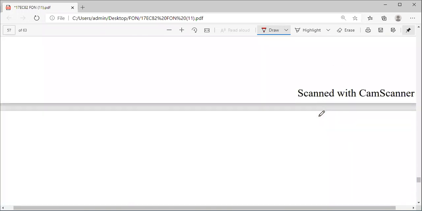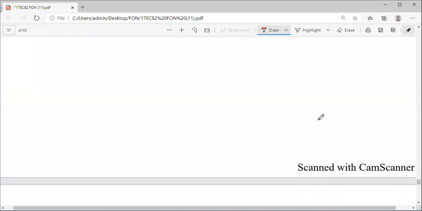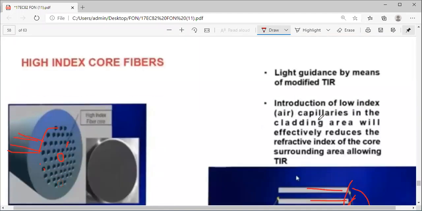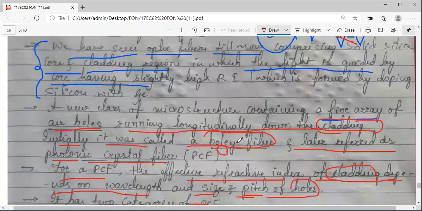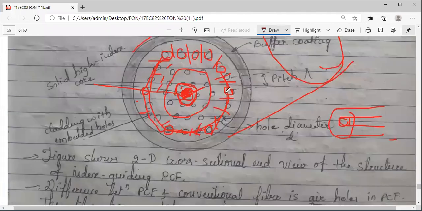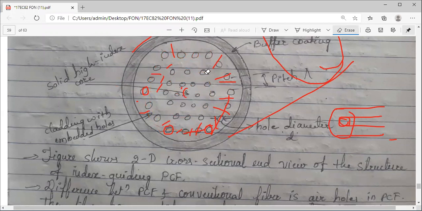I'm talking now about the first category of PCF, that is index guiding PCF. This is the structure. If you observe, the array of holes is arranged in a hexagonal fashion, and there are many different ways they can be arranged.